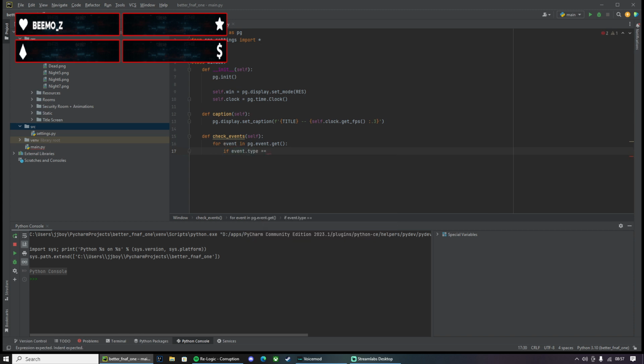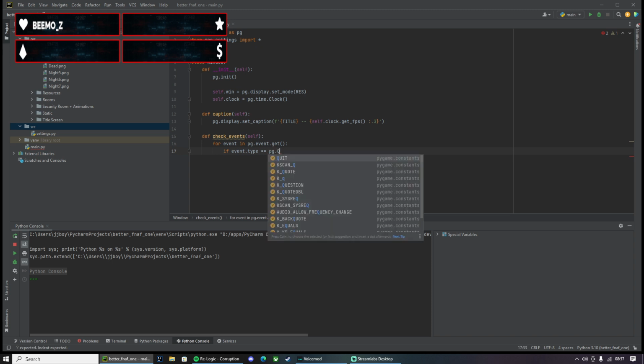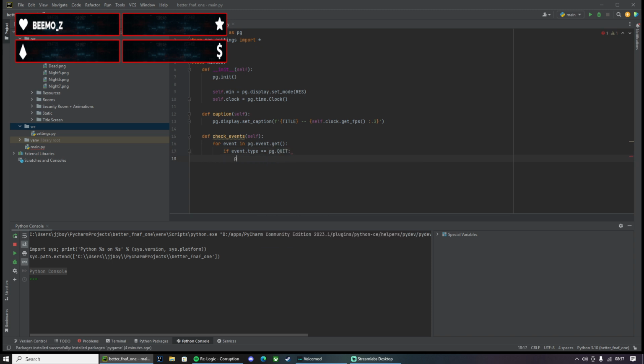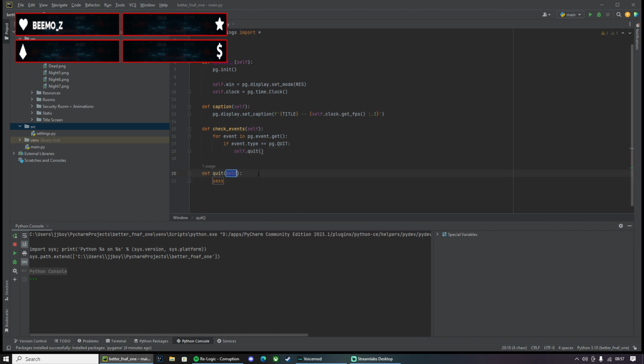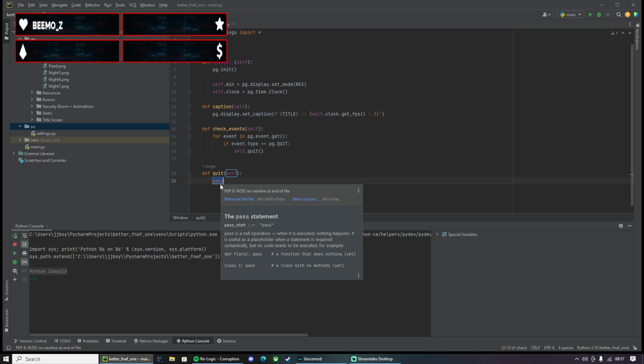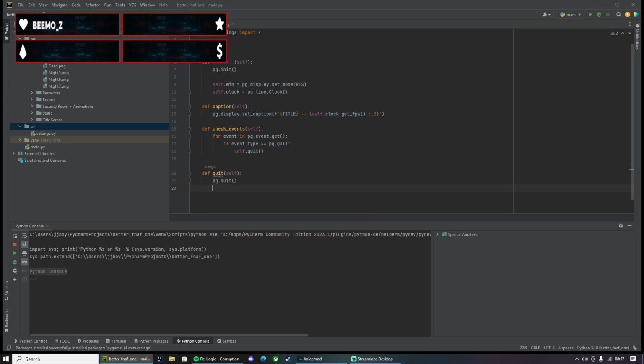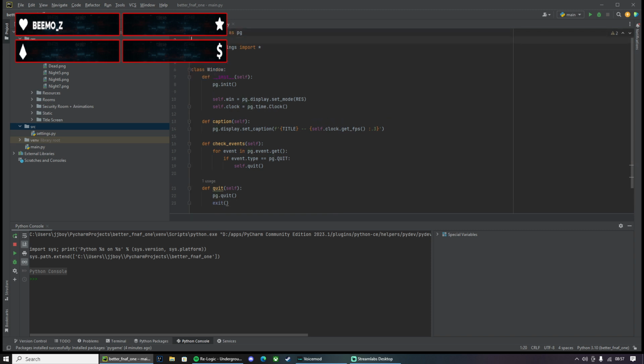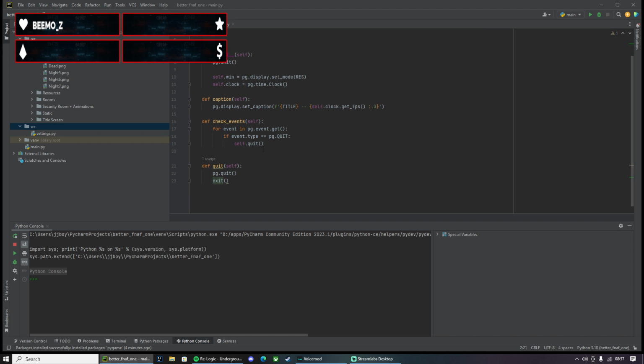So if event.type is equal to pg.QUIT, we'll make a function of quit. This will be pg.quit, and we'll do exit, but also with exit we need to import sys. Here we go, exit.